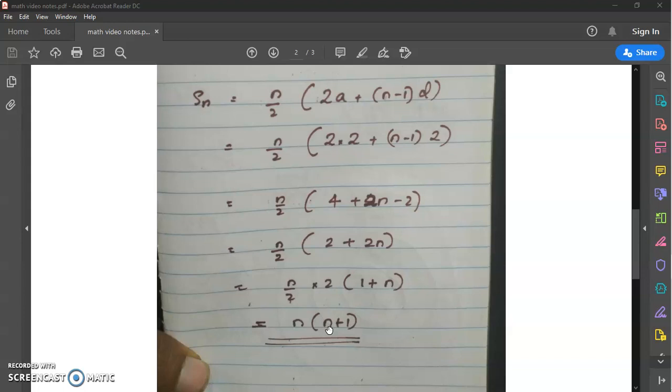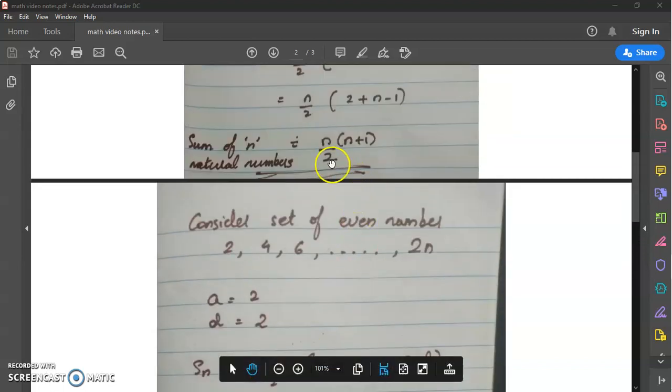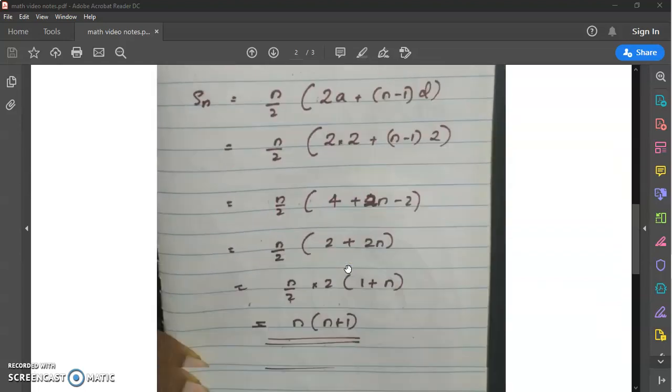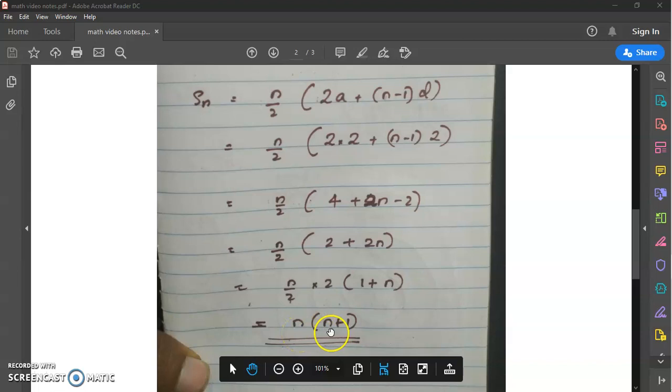What I will be sending you will be a worksheet where you have a set of questions on solving questions using these equations. Equation ऐसा ही देगा. No, you need to by heart these equations, और इसका question होगा, you just have to substitute. Question would be like, find the sum of first 50 natural numbers. So what will be your n? 50. इधर n के स्थान पे 50 substitute करना है, you will get the answer. Find the sum of first 20 even numbers. क्या करना है? n के स्थान पे 20 लिखना है, ये equation डालना है, and you will get the answer. I hope this is clear.